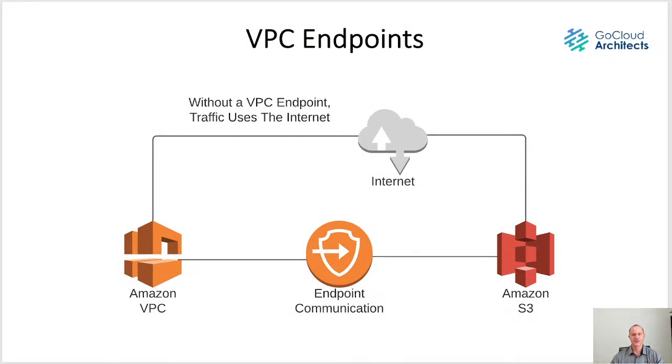Basically, you'd go from your VPC, your NAT gateway or internet gateway, whatever you have, cross the entire internet and go back into AWS S3. This will work perfect, no problem. The only problem is,